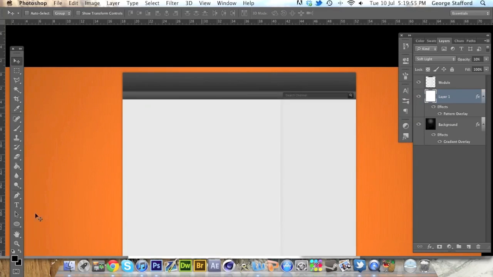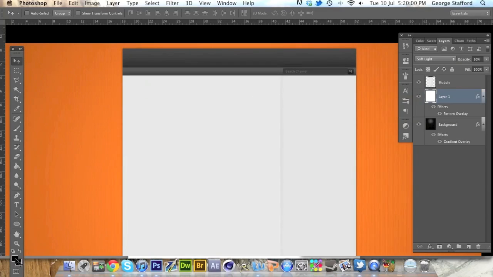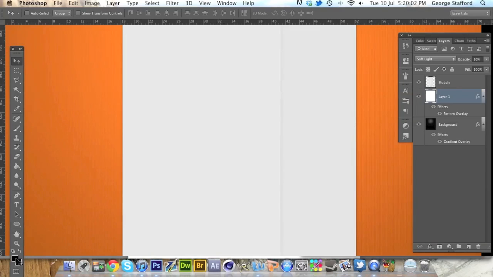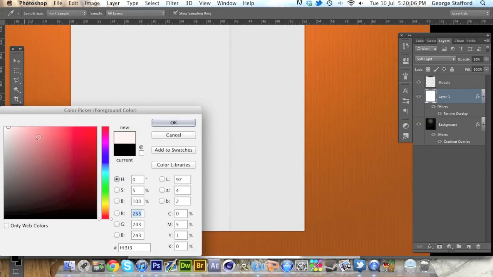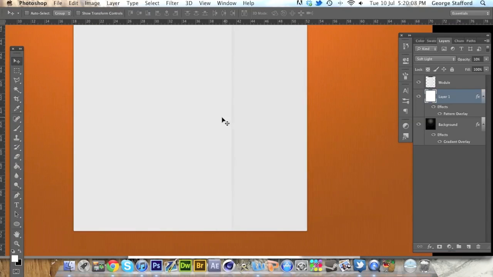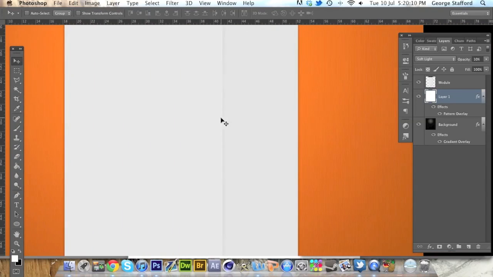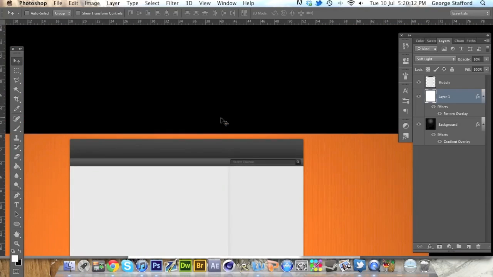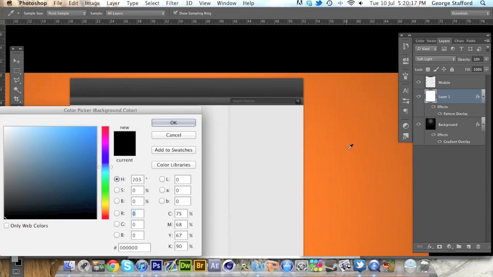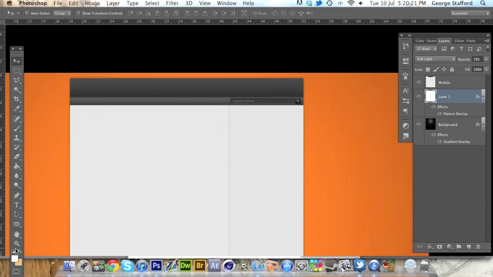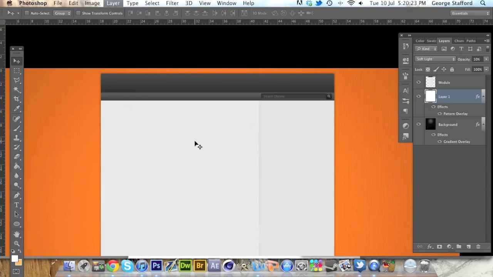My Photoshop's being a bit slow because I've just loaded it up. Sorry about this. We've got our colour palette, and the colours that I normally use for text, I just use white or blue, but it depends what you want for the background. So if the background's blue, then you might want to use a brighter blue. For this one, I'm going to go to my background colour, choose this orange here, and pick a brighter orange, but primarily what we're going to be using is the